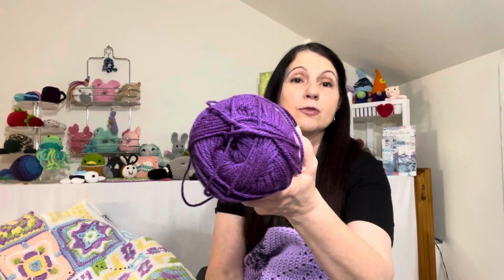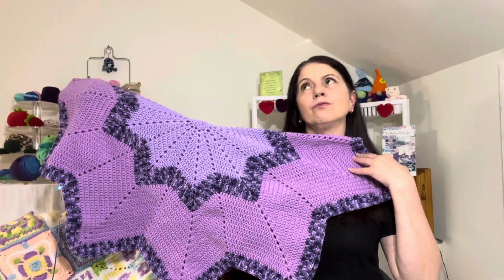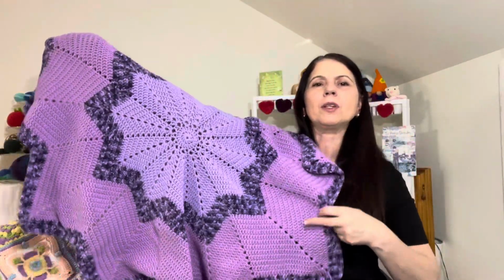Once again, with this yarn I usually use a 5mm hook, and all I have to add now is 12 rows of the purple, which of course makes me very, very excited because this blanket is going to my goddaughter, and it is an 11-point star blanket,